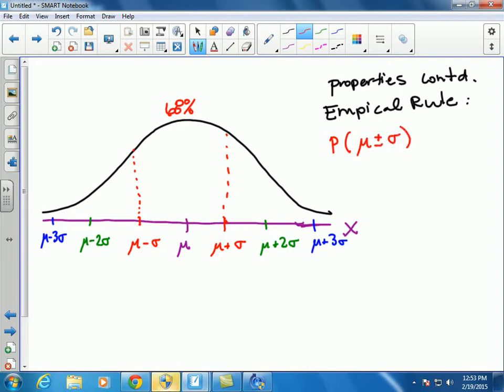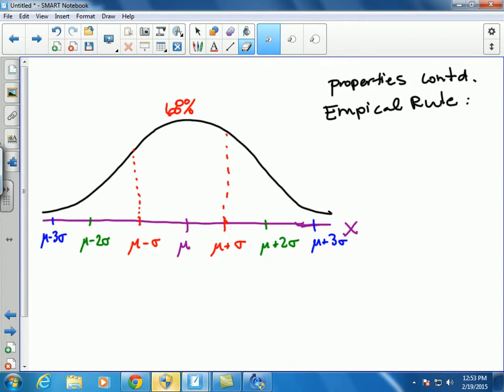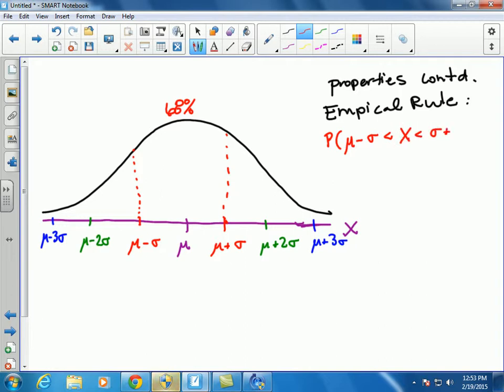So the empirical rule at that point says that the probability that you are mu plus or minus a standard deviation away. Let me do better notation. It says that the probability of being less than a standard deviation on either side of the mean equals 0.68. Furthermore, it says that if you go in between 2 standard deviations of the mean,